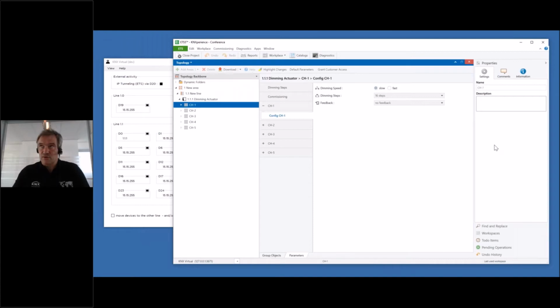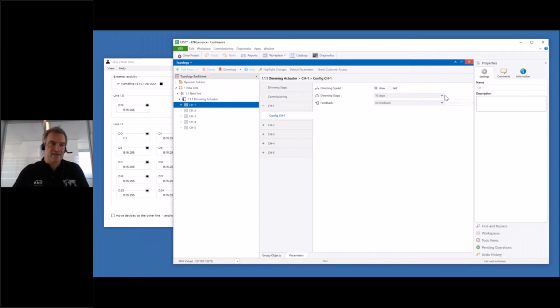Then how to make ETS parameter dialogues more intuitive is parameter set validation. What is the use case here? Well, imagine that certain parameter value combinations shall not be allowed for your device. Well, we believe that validation in this context is the most user-friendly approach. In my demo here, I have foreseen two such cases. It's just an example. Well, I think that the combination of slow dimming with a lot of dimming steps is